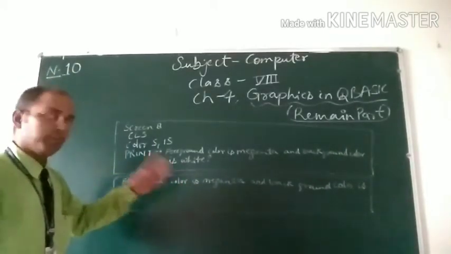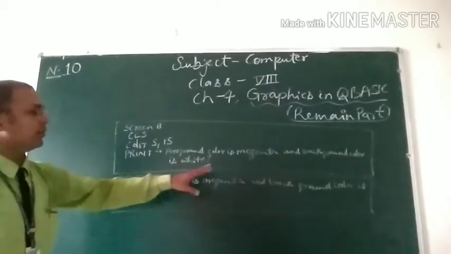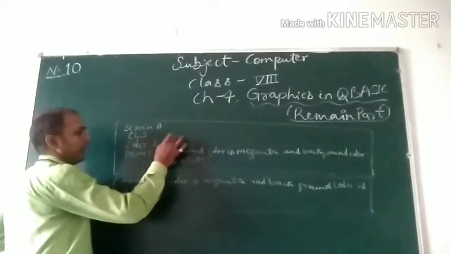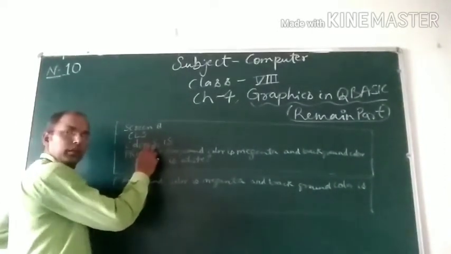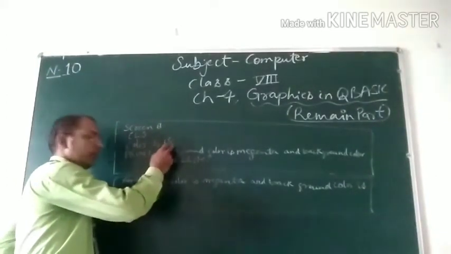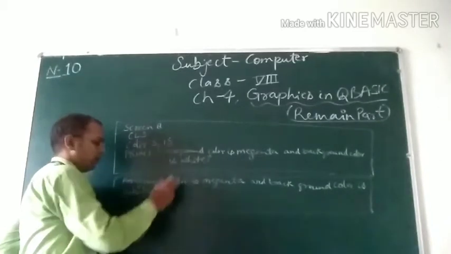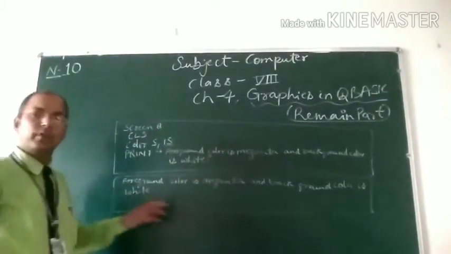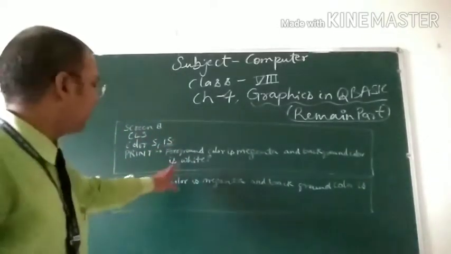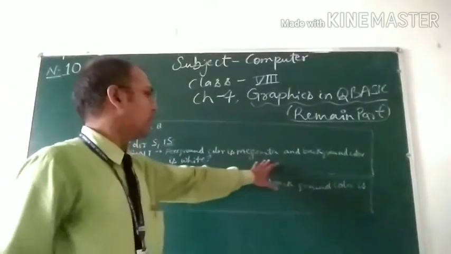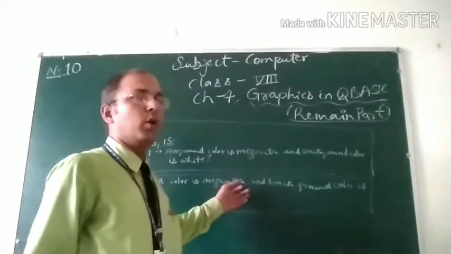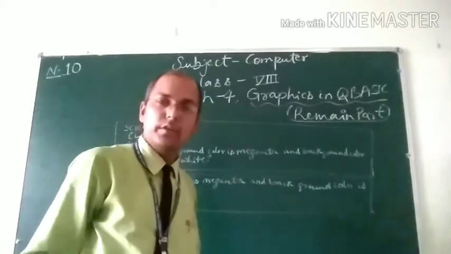So the background, before writing this line, is white. Color 5 is the magenta color and color code 15 is the white color. So the output screen color will be white, only by the 5 and 15 numbers. This line converts to magenta, and the output screen color will be white.